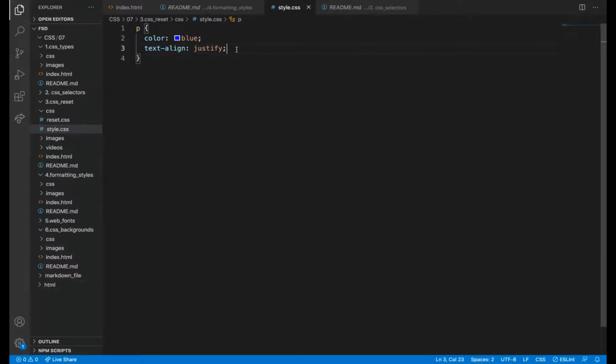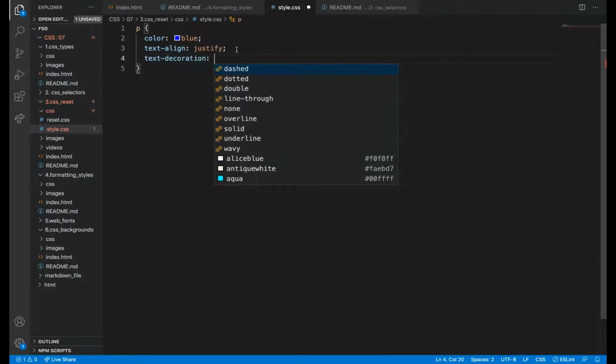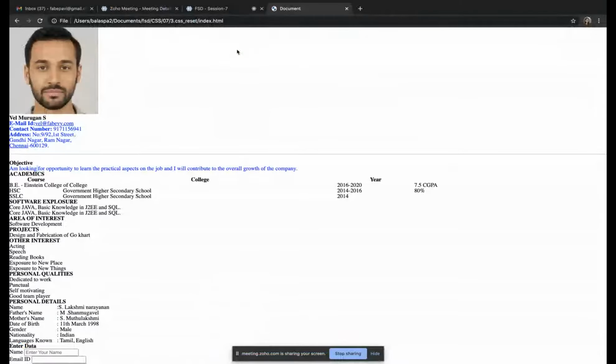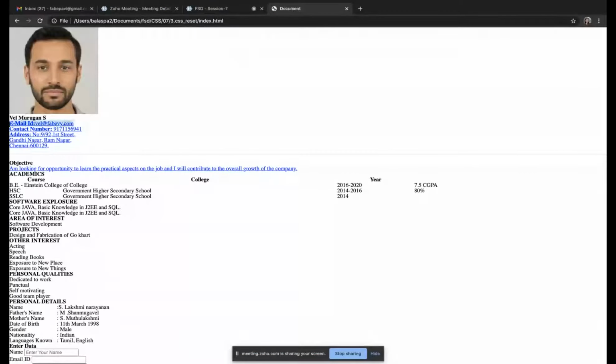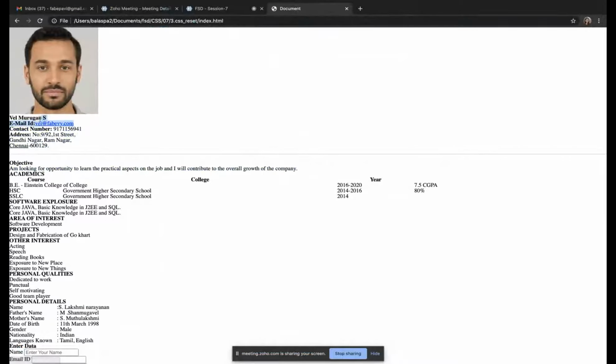So text decoration is underline. If you want to underline and then strike through, there are many values. First we will give text decoration underline. For the a tag, by default that underline will get added. You might have seen, if you give just an a tag, the underline comes on its own. See, I haven't added it, right? We haven't studied it till now, but it got added. If I remove it here for this a tag, it came on its own.